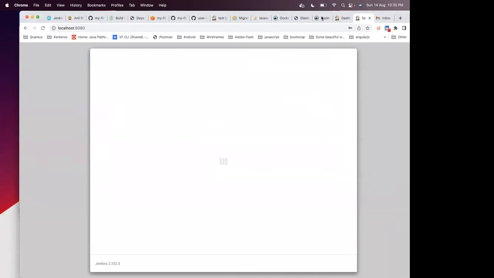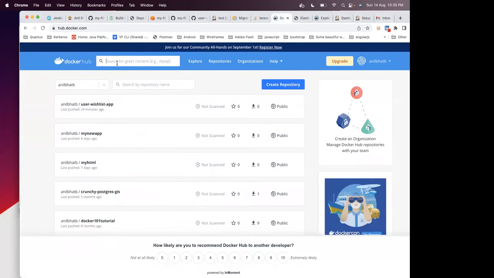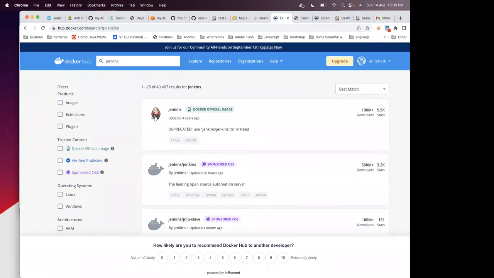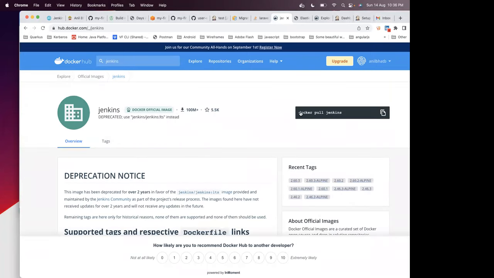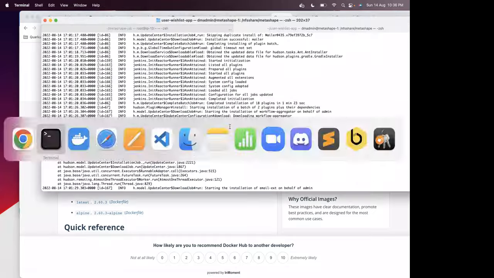I'm not sure why the Docker Hub official website was not working fine. Ideally, this Jenkins should work. People will generally go to Docker Hub and just type docker, and when they see Docker Hub Jenkins, this particular image should work by default. I'm not sure why it gave an error to me. I tried with the tag also, but it gave me an error. Maybe it is not compatible on my Mac machine. I think I did the same thing a few days back and it didn't work. So I opted to go for